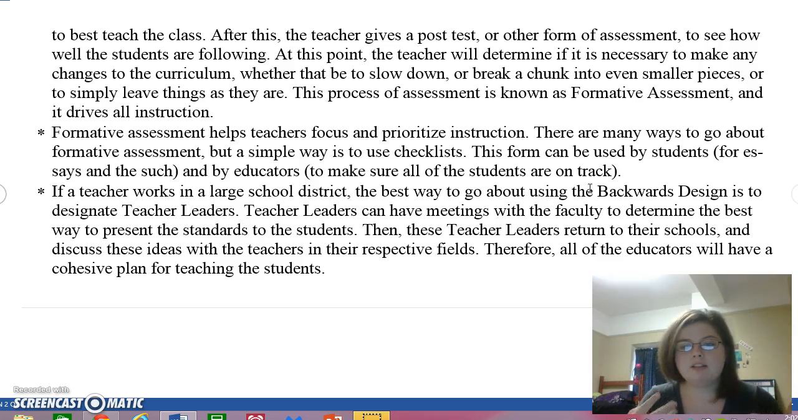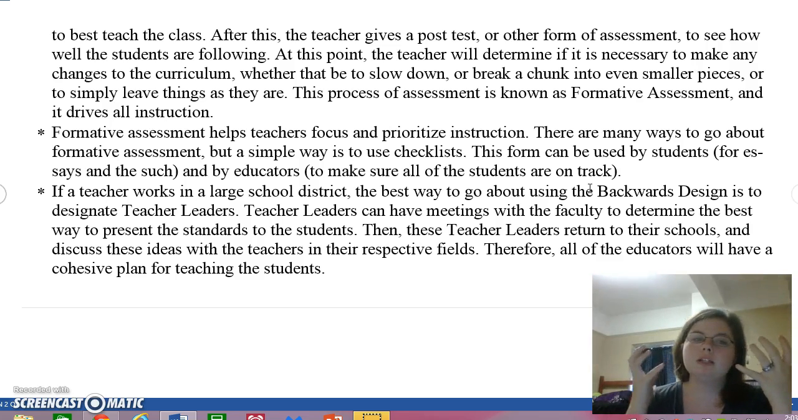And then with educators, it can be just a little checklist to say, does this student understand this concept? Do they understand this concept? And that can help you keep along. And if you realize that these students don't, but this one doesn't, well then maybe we need to try something different with this student. And then if a teacher works in a larger school district,